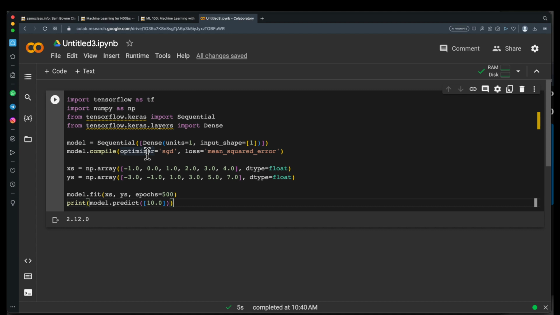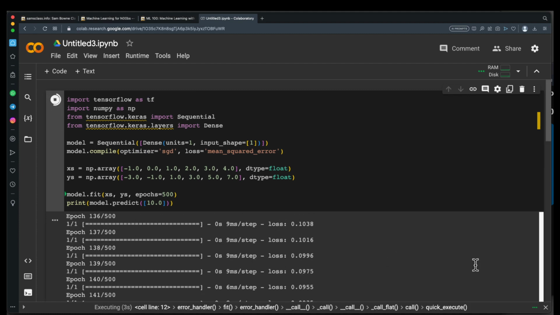It's simulating neurons in a brain, but it's going to have one neuron that just takes data from X and predicts Y. And it's going to use this thing called stochastic gradient descent. I have the first word wrong. This is gradient descent, and loss is mean squared error. Here's the input data. Just what I said, here's the X values, and here's the Y values. Then it's going to fit it in 500 cycles, and then it's going to predict a value for X equals 10. So if you run this,